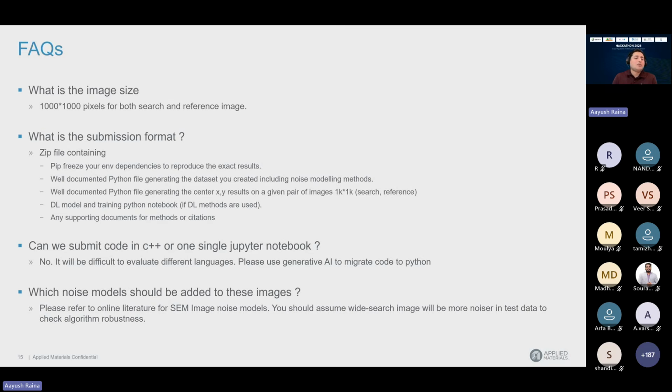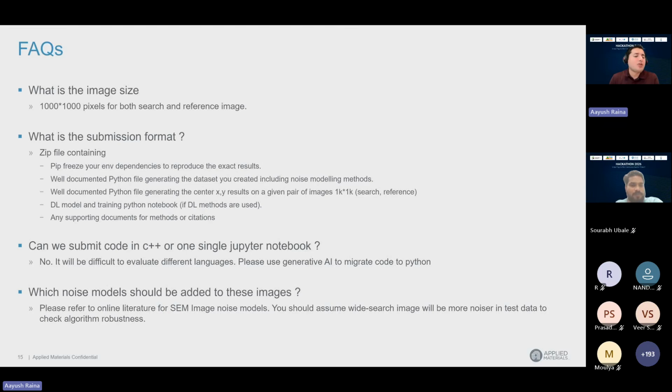Feel free to try different approaches. If you have a DL model, give us the DL model with weights and the training notebook also, to explain the training process with documentation. And any documentation with respect to citations or methods you can mention here, like why you feel this approach is suitable. So this is your submission zip.